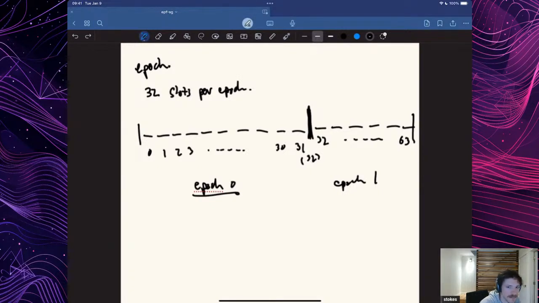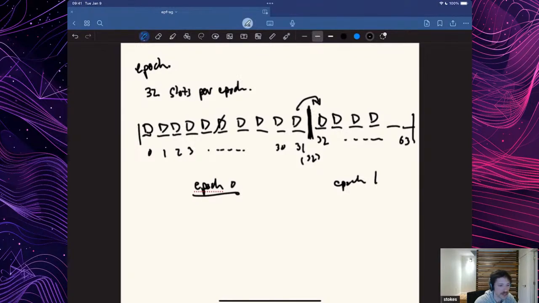Okay. Right. So you are going to do this epoch processing. There's blocks here, right? So let's say ideally you have 32 blocks. Great. And as you go here, not only are you going to do the normal processing, but you're also going to say things like, if someone got slashed or if there are any penalties or rewards, we're going to hand these out and update the consensus state at this boundary. Okay, so we have slots, we have epochs.